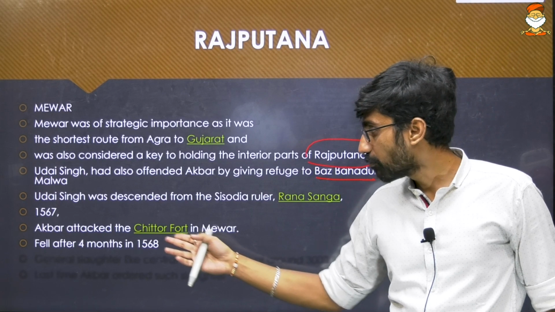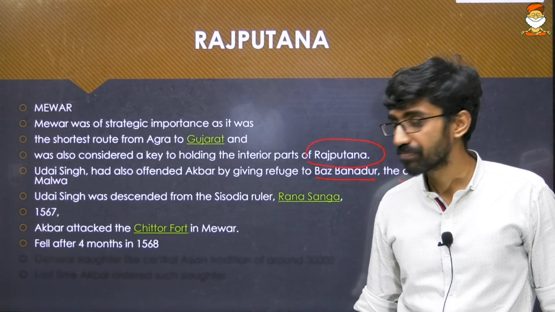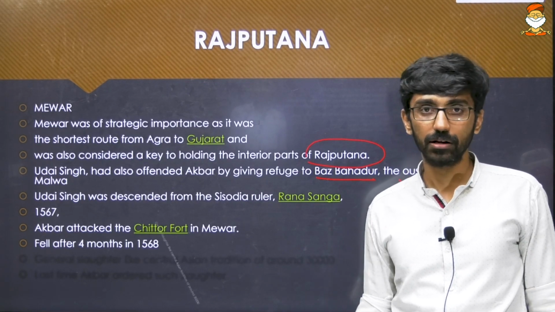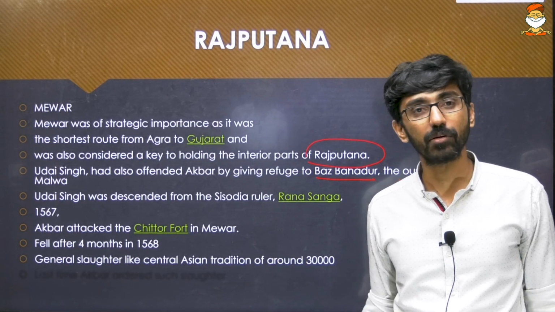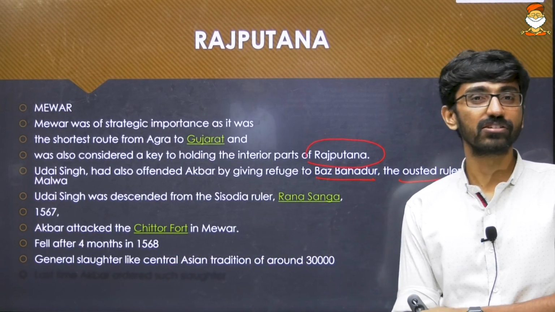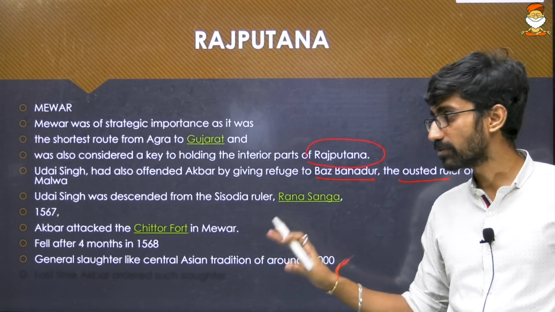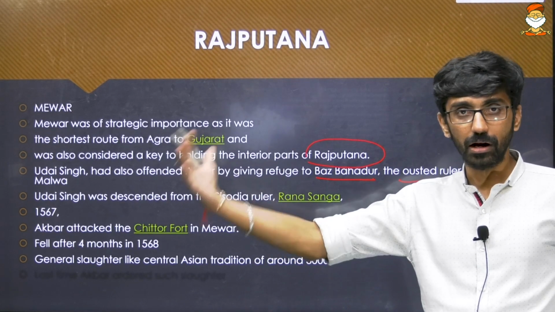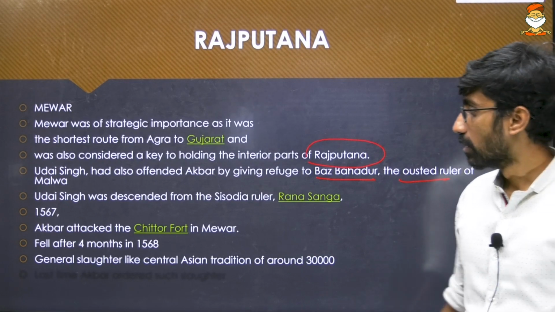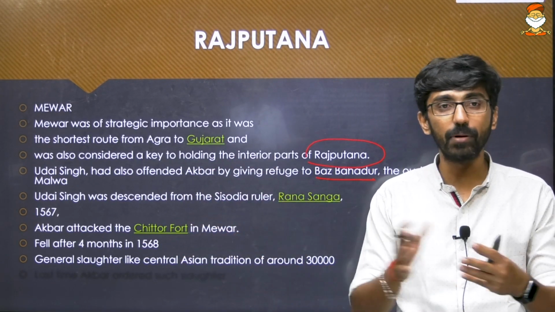Now when Chittorgarh fort was attacked by Akbar in 1567 and 1568, it fell to Akbar. But again, a lot of problems happened. It was not so easy for Akbar to defeat this particular fort. Out of frustration, Akbar ordered a general slaughter, of the king and of the people also. This is one of the first times and the last time Akbar gave these kinds of orders to slaughter people, because he tasted certain kinds of defeats,